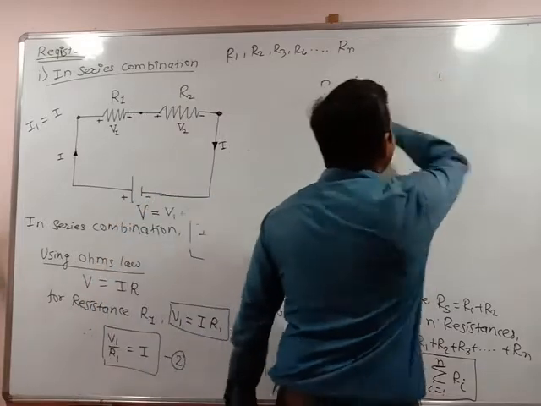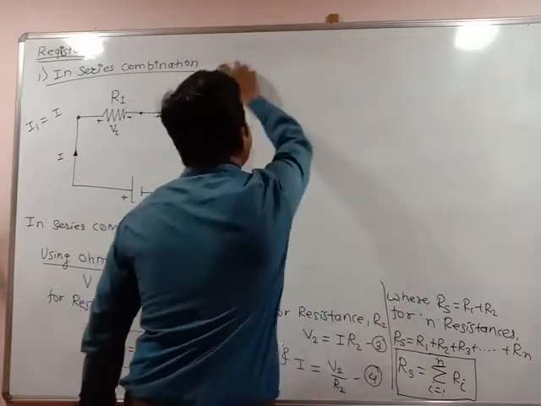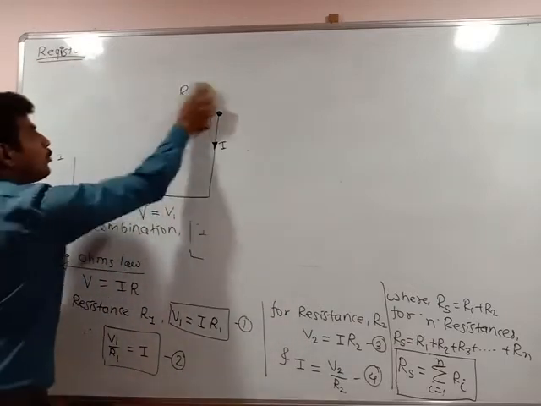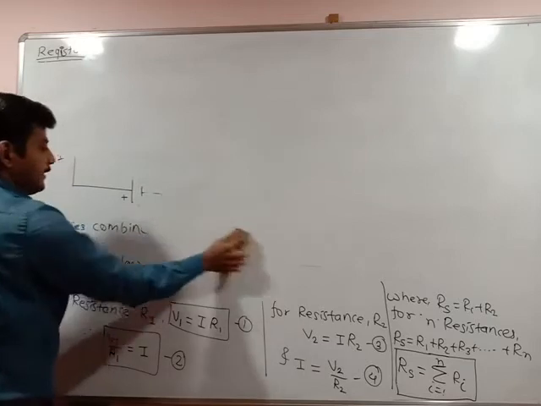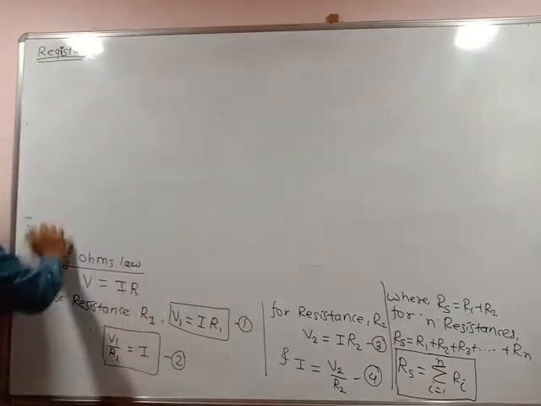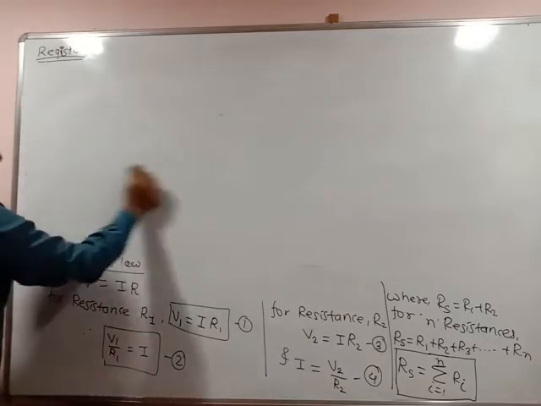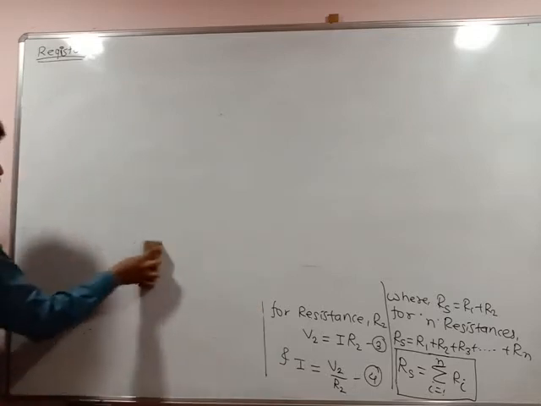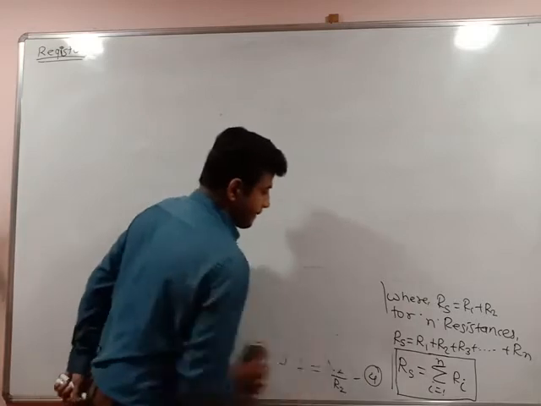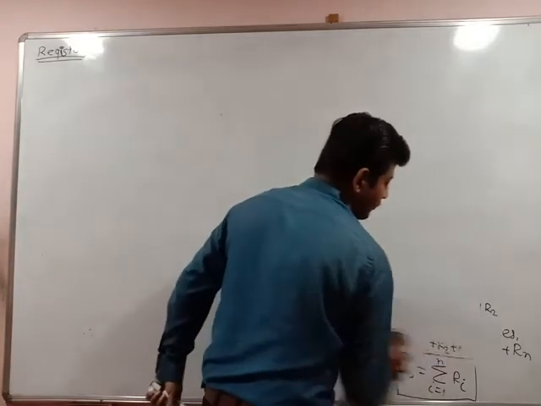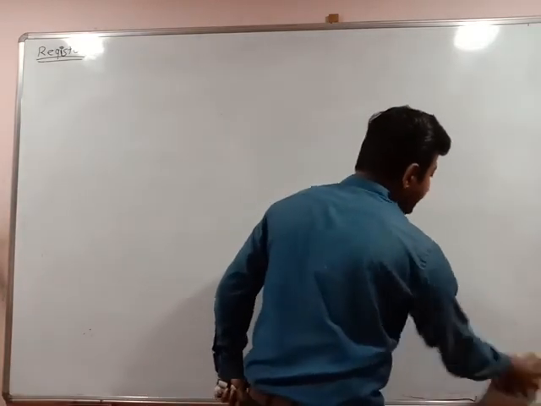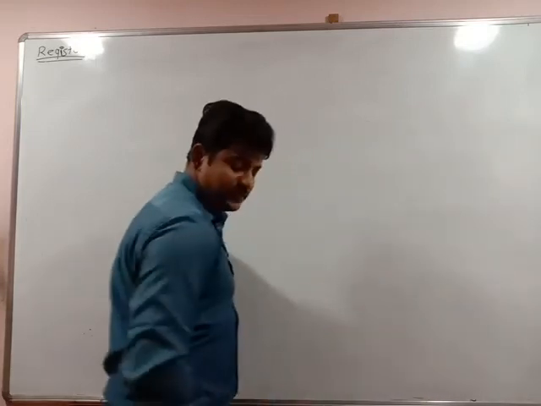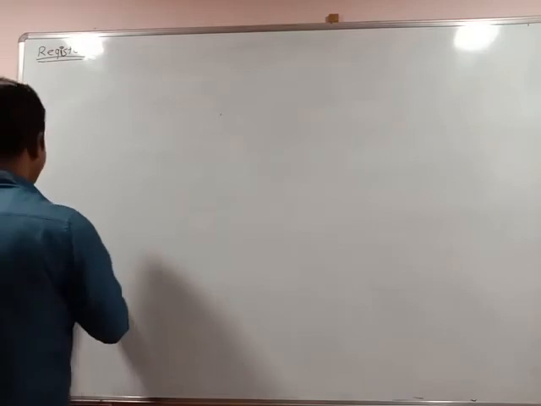Now we will immediately see the effective resistance or equivalent resistance in a parallel combination. How will the value of effective resistance in a parallel combination come out, whether it will be the same as that of the series or it will change, that we will see. In series combination, what was the important point? Current is always the same or constant and voltage always divides.